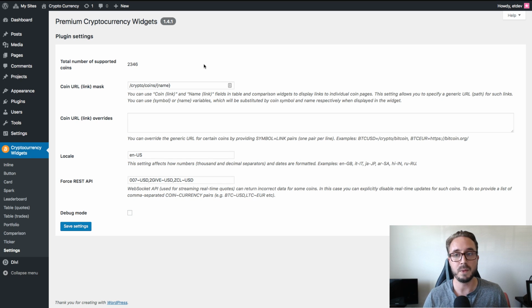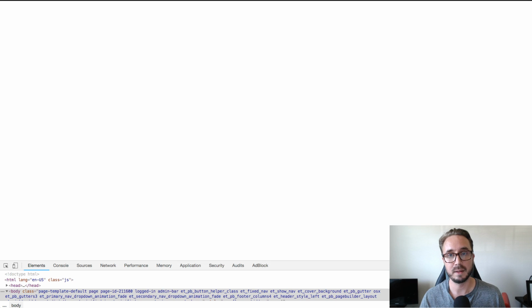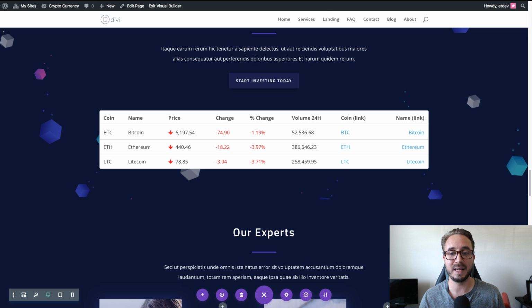So if you wanted to create a page for your Bitcoin, you will make sure that your site URL to that page, your permalink for that page, includes this prefix that you set here. Right now it's set to coins, and then the name will automatically be added. So if I click, I hope that makes sense. If I click on this,